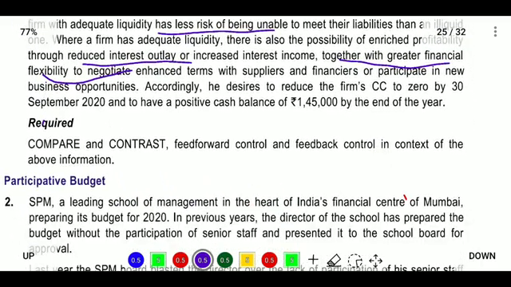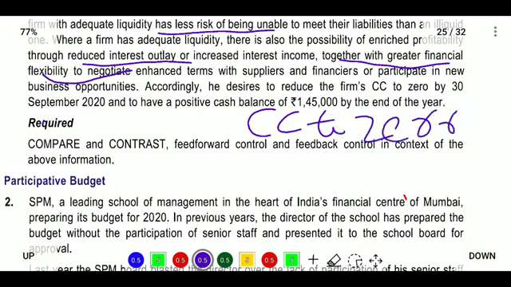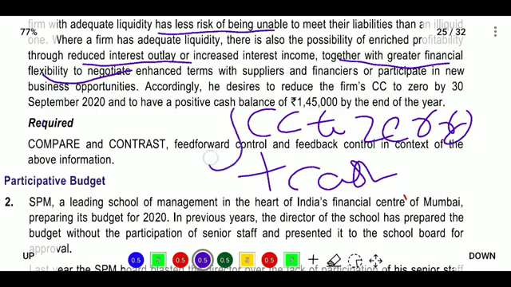He wants to reduce CC to 0. So his expectation is CC to 0. CC means what? Cash credit. He wants to pay out all liabilities by 30 September 2020 and have a positive cash balance. So a positive cash balance of 1,45,000 by the year end. So he is expecting this, and we are to compare and contrast feed forward control and feedback control